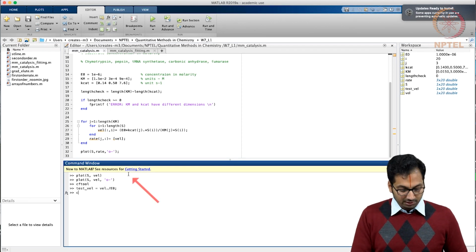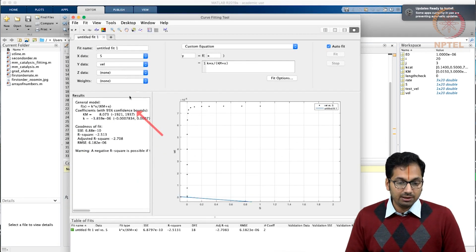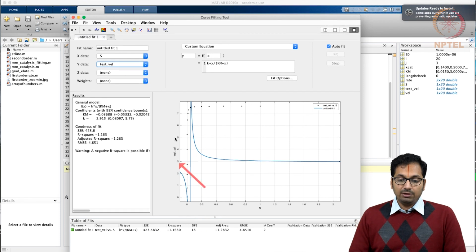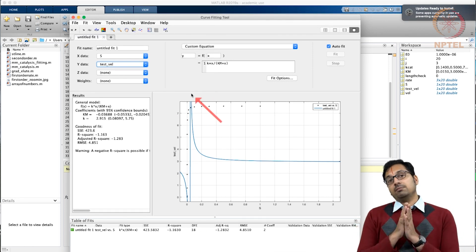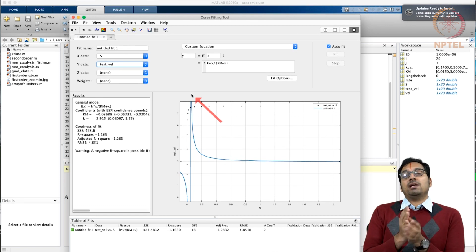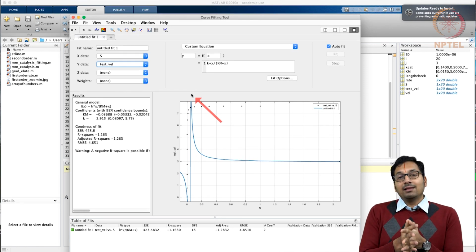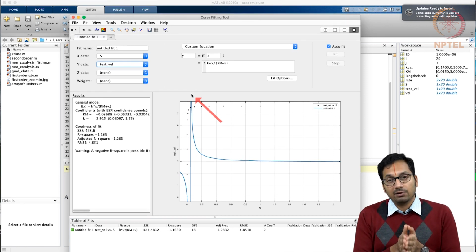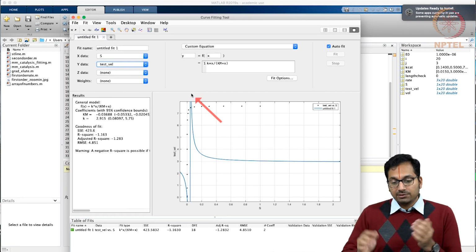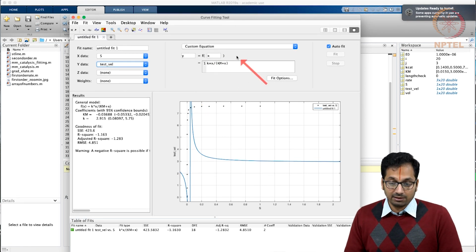So now that we have gotten it, we can actually recall the curve fitting tool, and now you get an equation that takes care of the enzyme concentration. This is important because if the same enzyme is prepared in multiple batches again and again, and somebody wants to determine their Km, Kcat, the fits here would be independent of the concentration of the enzyme employed. So this helps in comparing things across.